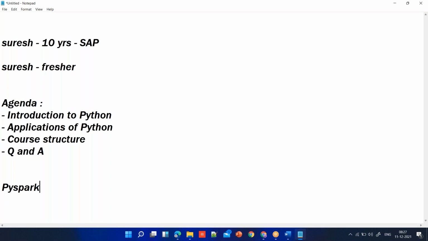The syntax is not so complicated, and unlike Java or C or C++, you can just write one line of code, execute, check the output, then a second line of code, check the output, third line of code, check the output, and so on. This mode is what we call REPL. Python supports REPL mode of implementing a solution. The full form of REPL is read, evaluate, print, loop.